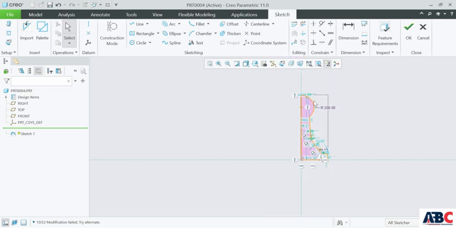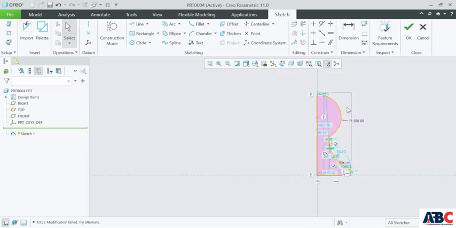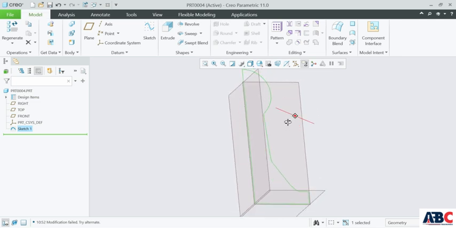Okay, so sketch has been created. It will increase the radius by 300. Okay,